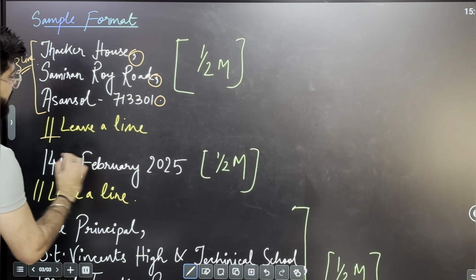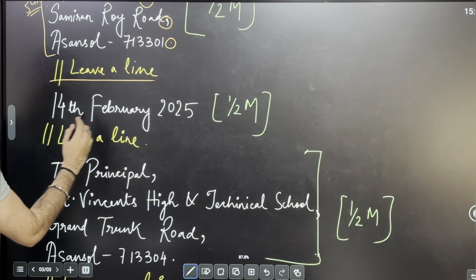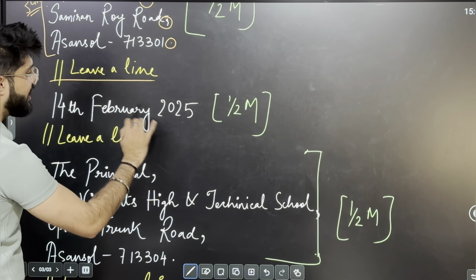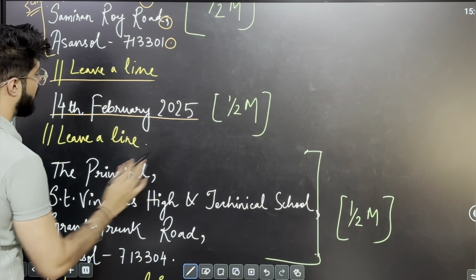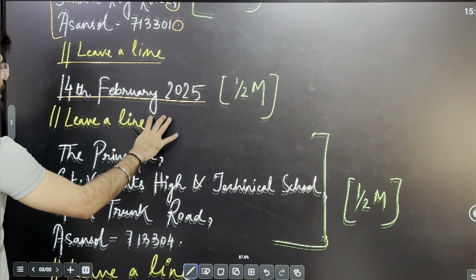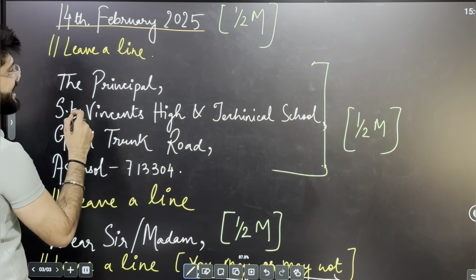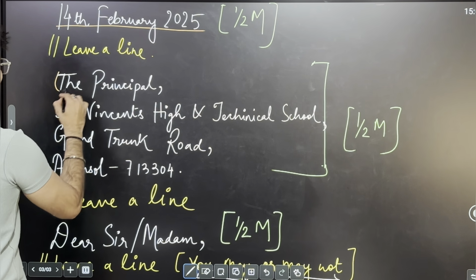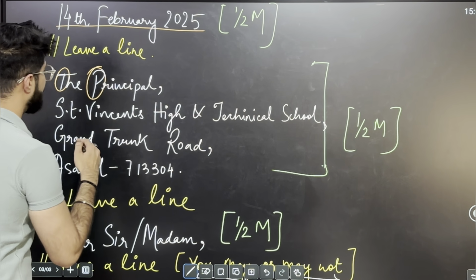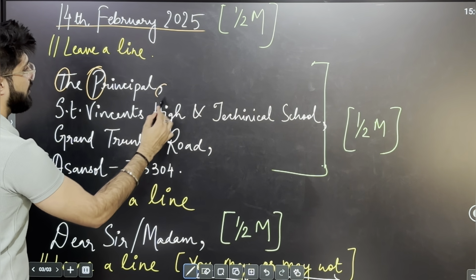ठीक है, after that you leave a line. You give your date, 14th February, without any punctuation, 2025. The TH has to settle very comfortably on the bottom of the line. After that, you leave a line and write the designation of the person to whom you are addressing that letter, and ensure all the capital letters. That T has to be capital, principal ka P has to be capital. Put a comma,